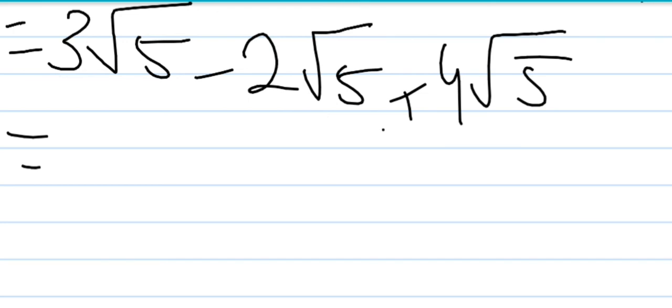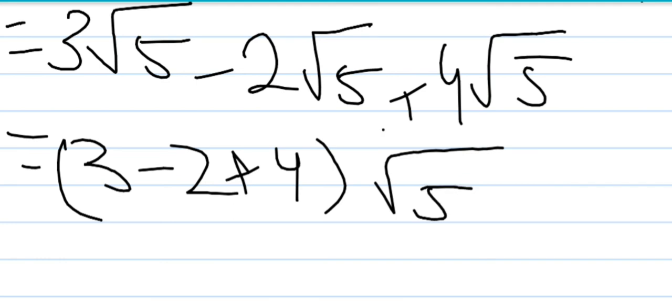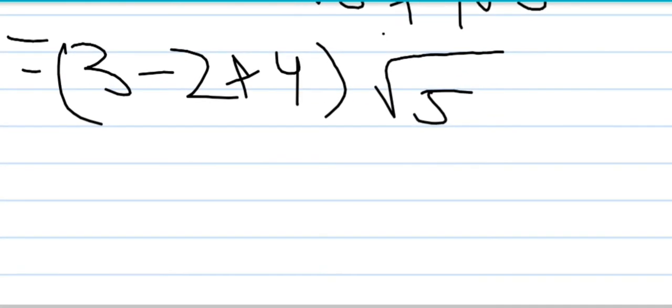So I'll show you how to do it. 3 minus 2 into bracket, in the bigger bracket, plus 4 into under root 5, then 3 minus 2 is equal to 1, and 1 plus 4 is equal, sorry,